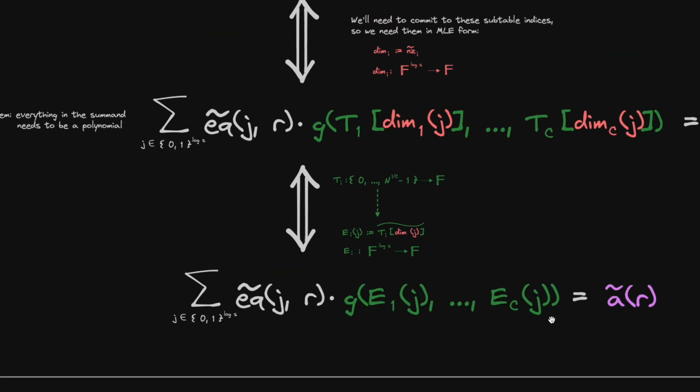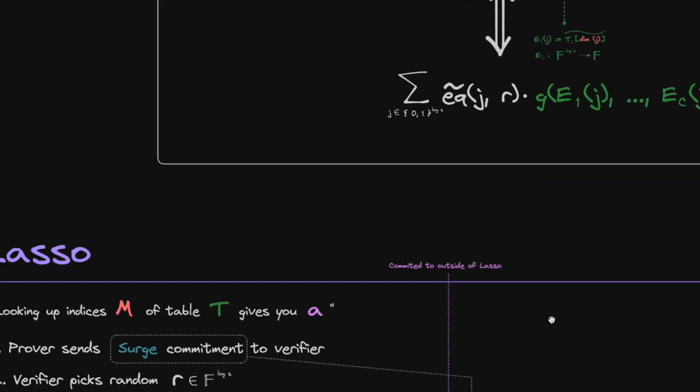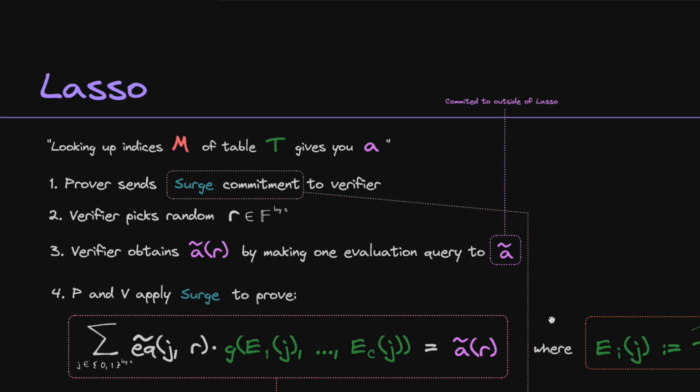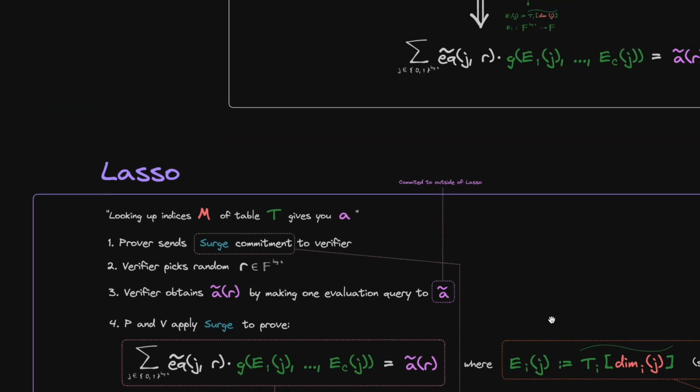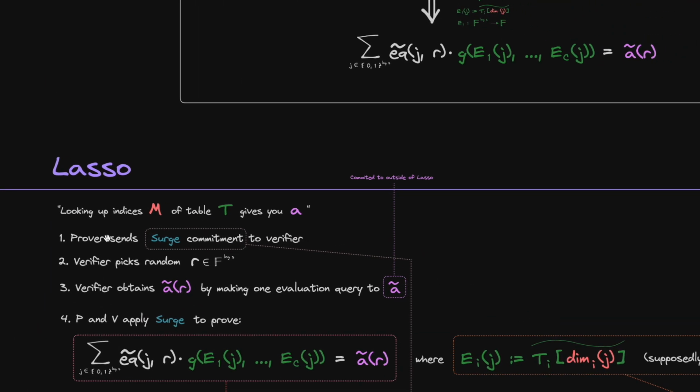So now that we're done with the background, we can get into Lasso itself. So just to recap, the high-level statement that we're looking to prove is that looking up indices M of table T gives you A. Lasso is going to do that in 4 steps. So first, it's going to send a surge commitment to the verifier, and we'll see in a bit what that